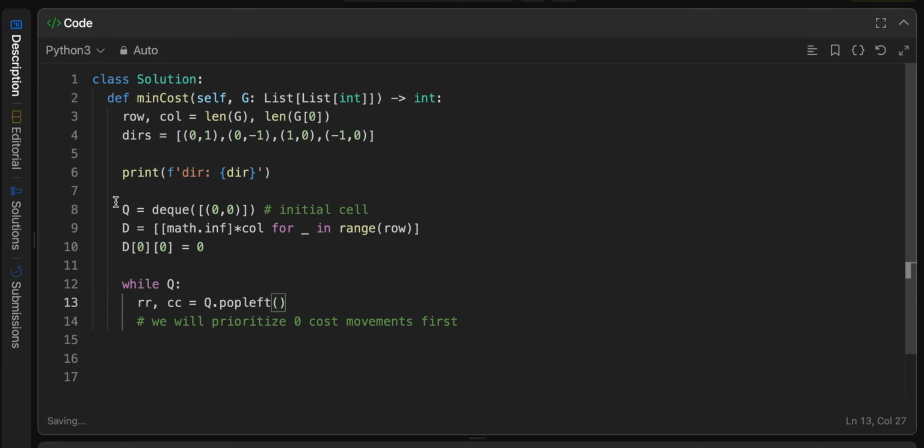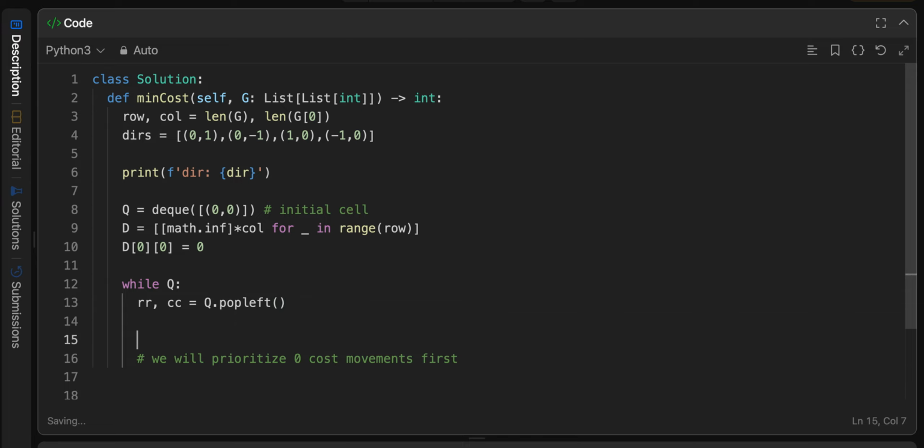So remember, we're using a double-ended queue first. And remember, this is a modified version of breadth first search. So we'll always want to pop from the left first, because those will be our nearest neighbors, and the farthest neighbors will go on the back end of the double-ended queue. Okay, so we'll pop our first element from the double-ended queue or deque,